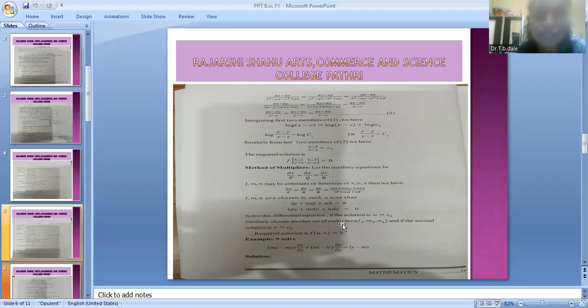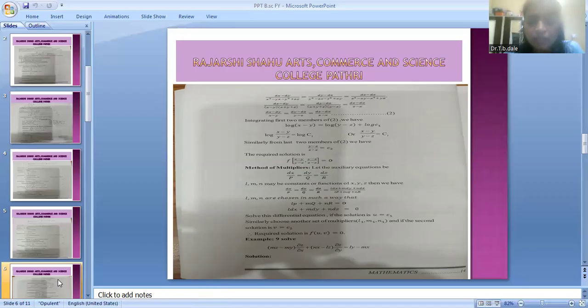Solve the differential equation; if the solution is u equal to c1. Similarly, choose another set of multipliers L1, M1, N1, and if the second solution is v is equal to c2, then the required solution is f of u, v is equal to 0. Next slide, we have to solve the example: (mz minus ny) dz upon dx plus